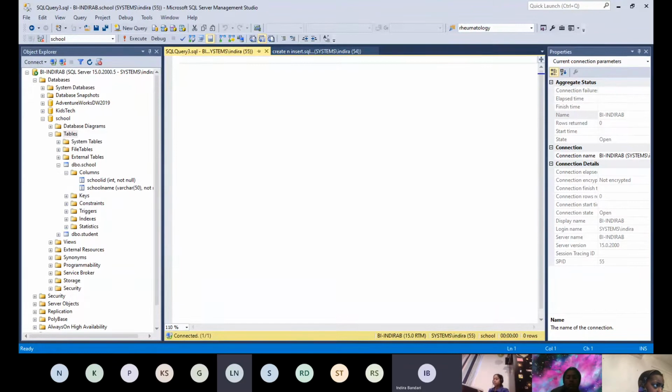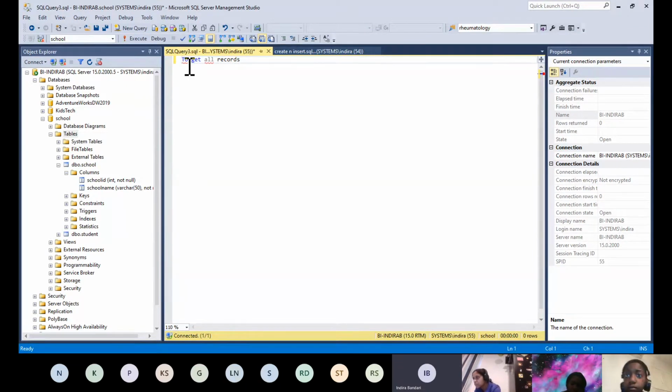What did we cover last time? Select star from student will give you all data, all records, right? If I want to comment, what is the command that we use? If I just want to comment, let's say I'm saying to get all records, can I write like this and execute? No. I don't want this to be executed, right?